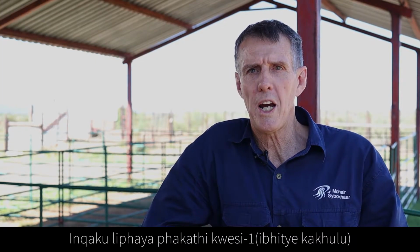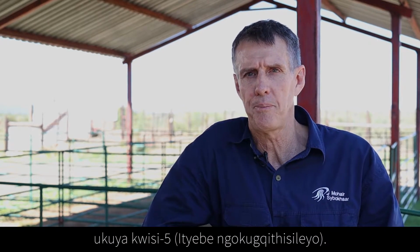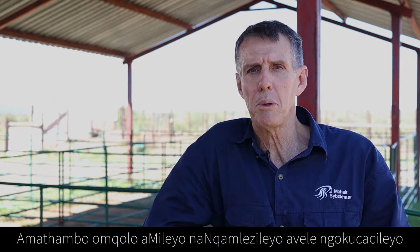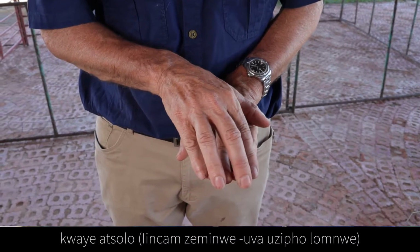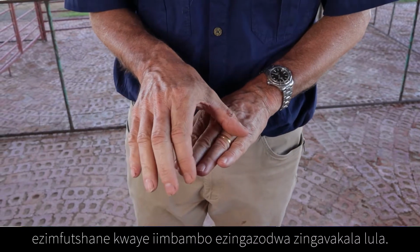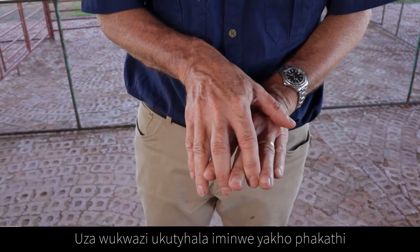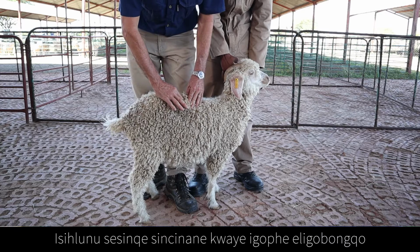Body condition scores range between 1, which is very thin, to 5, which is obese or overfat. At score 1, the vertical and horizontal spinous processes are prominent and sharp, and feel like the ends of your fingers, almost your fingernails. Fingers can be easily pushed below the short ribs, and the individual ribs can be easily felt. You are able to push your fingers between the short ribs, and the loin muscle is minimal and exaggerated concave